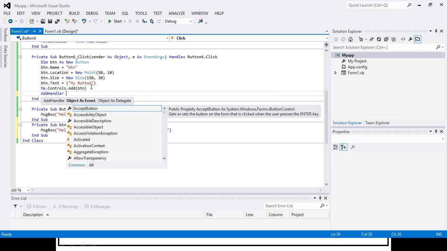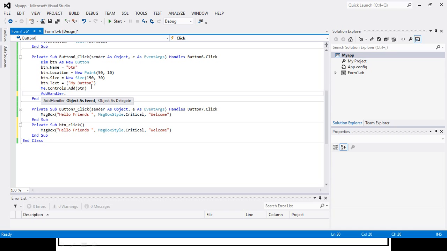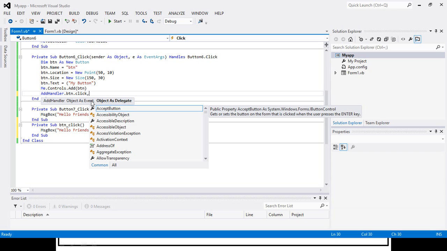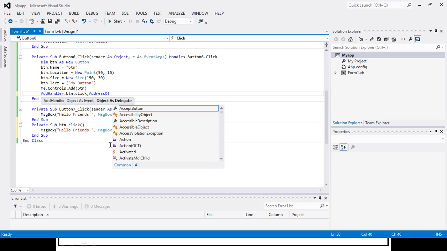So AddHandler, and here it is providing us help: object as event. So what is the object? BTN. And what is the event? Click. Click is our event, and what is object as delegate? For that we are required to specify the address of BTN.